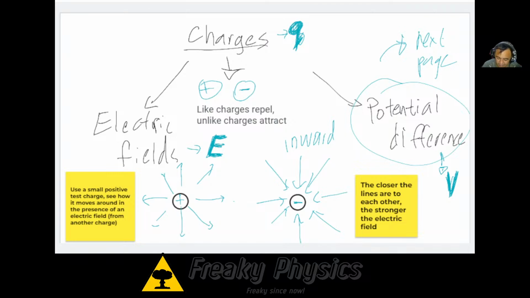I was waiting for you to ask that. Outwards, right? The idea here is when you have two or more charges, I'll put it on the next page. So for electric charges or electric fields,